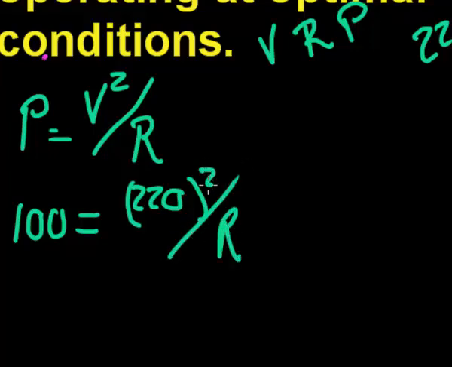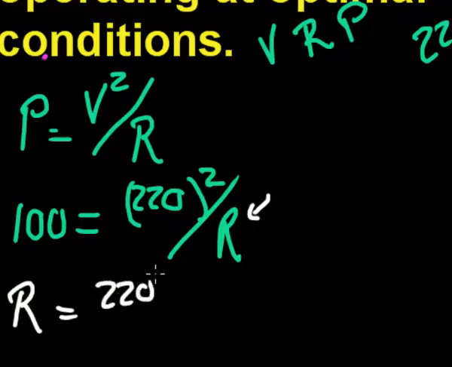But do take note that our resistance is below the line. So it's best to take it out from underneath the line and multiply with it so that it ends up at the top. If we multiply by the resistance on the other side, then we divide by the 100 so that we're left with the resistance over there. So it becomes 220 squared divided by 100,